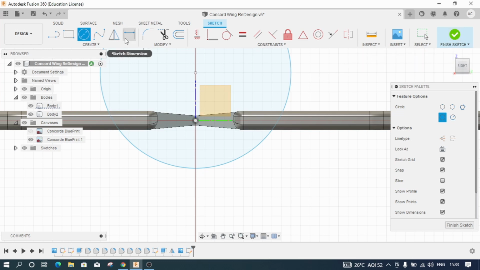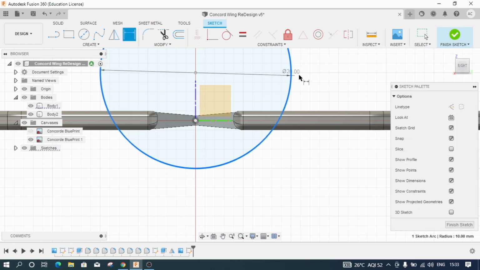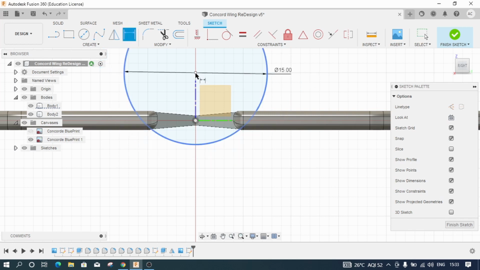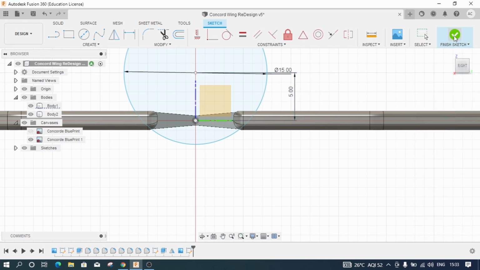Before going to finish sketch, I want to give certain dimensions. Let this be 15 mm and let the height of this be 5 mm for now. We will edit them later, but for now just focus on this.